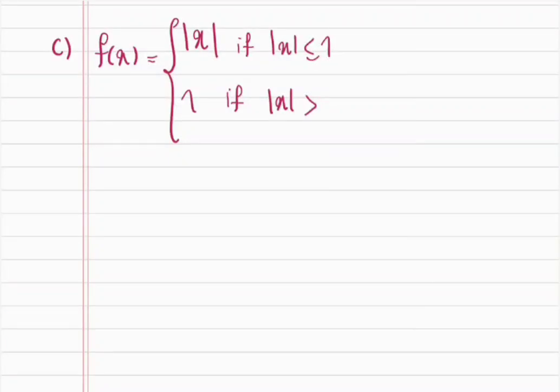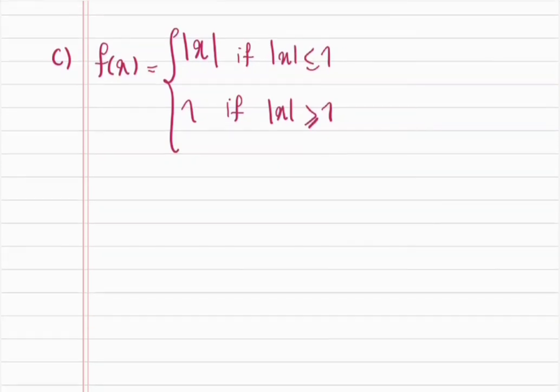Okay, in this video I want to sketch the graph of f of x is equal to the absolute value of x if the absolute value of x is less than or equal to 1, and 1 if mod x is greater or equal to 1. Sorry, I've forgotten to write that. So